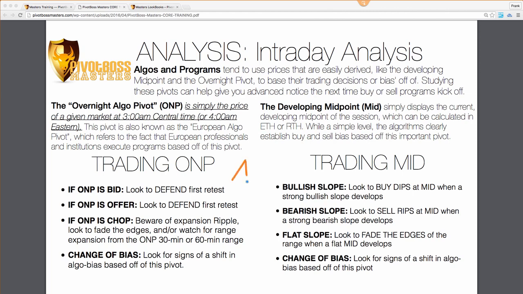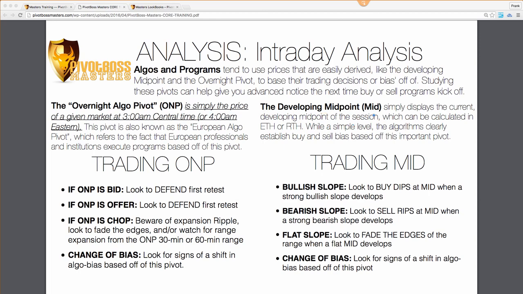So if price opens up here and drops here, you have this high and this low, and you have a midpoint right here. But say price comes down to here, right? Then the midpoint drops a little. And then it does this, and then price will go up, right? And so the developing midpoint is very important. It's not just the high plus low plus close, and then there's the midpoint, and it's static. It's important that you have the developing midpoint so that you see every single ebb and flow throughout the day.